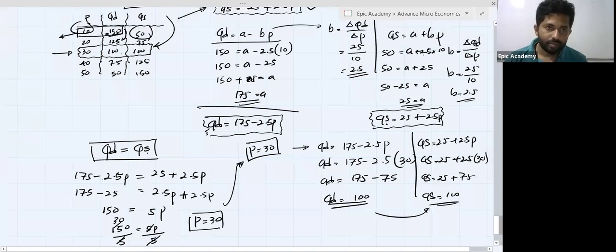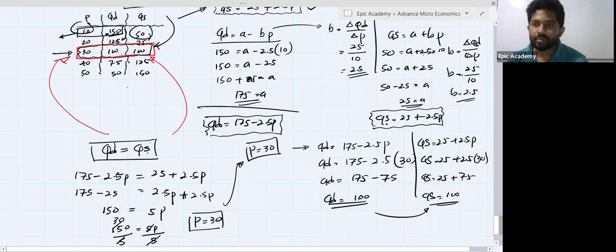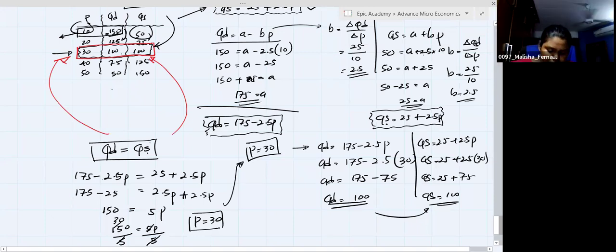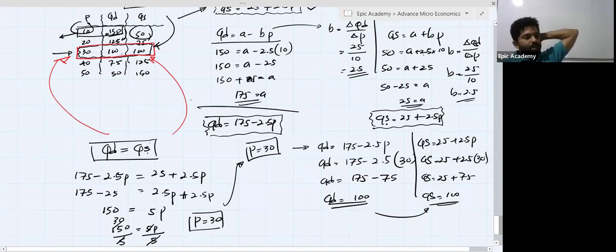So then let's move to this schedule. Price is just 30. It's okay, right? Quantity demand and quantity supply are similar. So it is very easy to calculate the equilibrium position of the commodity by using equations. In the question paper, you have to calculate the equilibrium by using equations, not from the schedule.